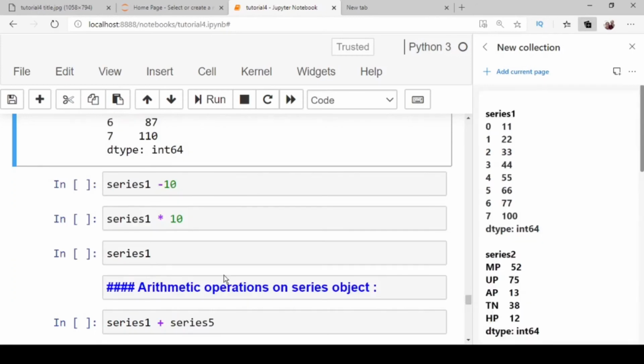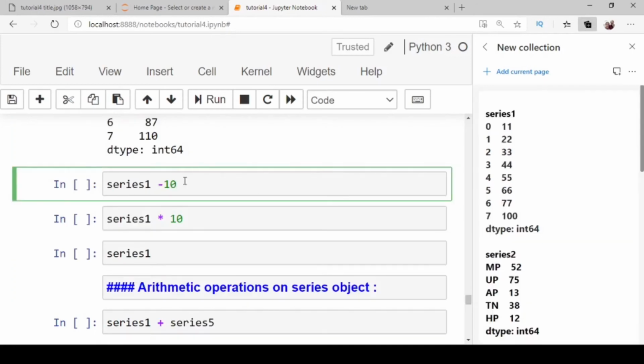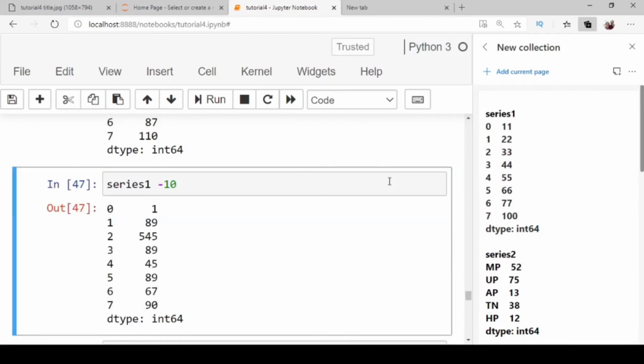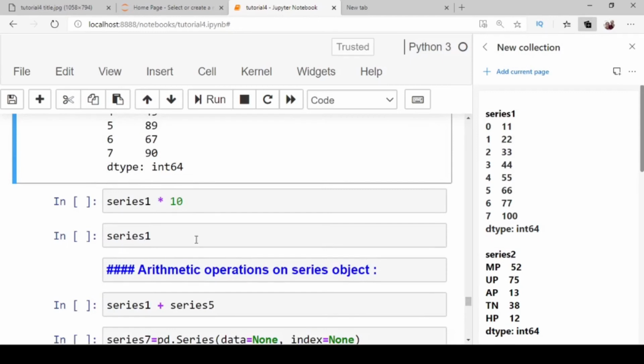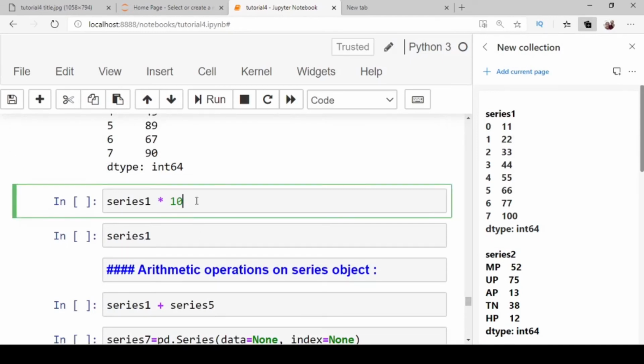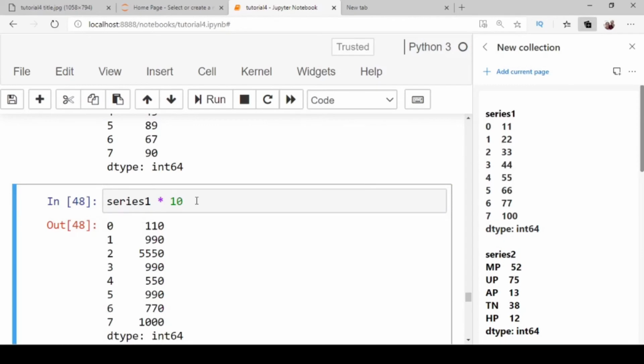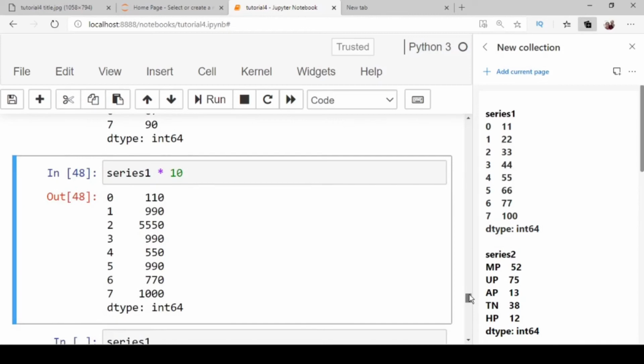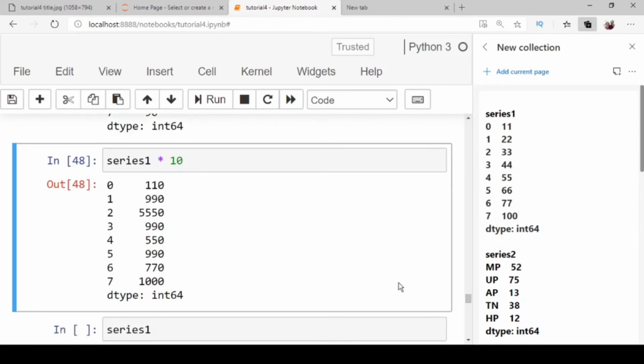Now another example, series 1 minus 10. You have observed that 10 is subtracted from all the values. Now see this example, series 1 multiplied by 10. You can check that all the values have been multiplied by 10.